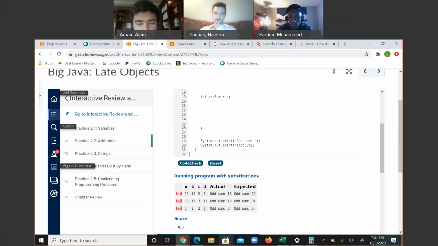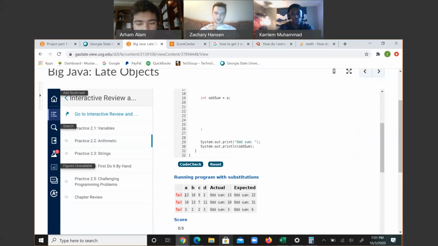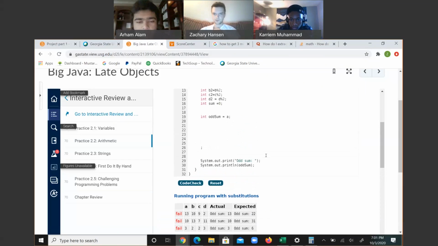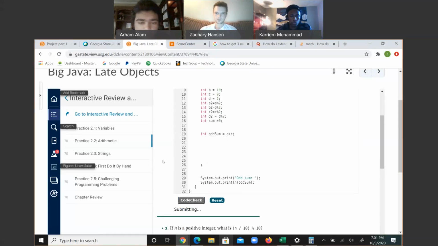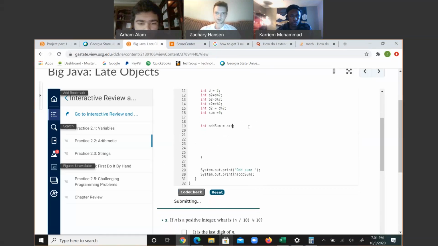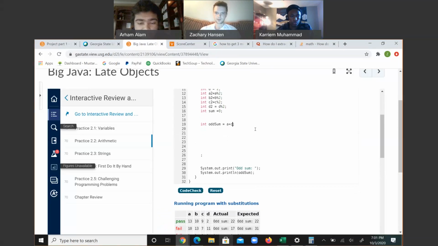All I was doing there was just showing you what they expect at the end of it. Try to do here: just do int odd sum a plus c. So if you do that, it'll be right for the first one. Yeah, and then just do int odd sum 2, as a different line. So int odd sum 2 is equal to